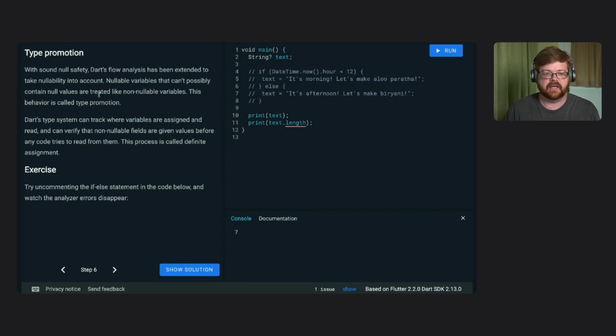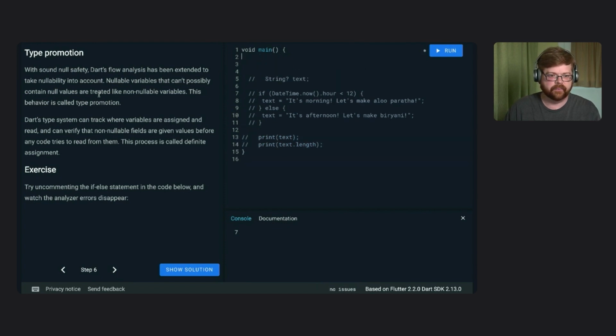And it can also do this with types. Let me just briefly comment some stuff out here, and let's talk about another type promotion example real quick. Say I had an object that I declared, and I'll say this is a string, like that. Object is a very fundamental base class in Dart. I can assign a string to it, and